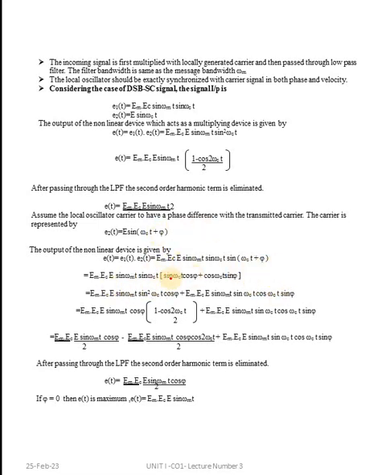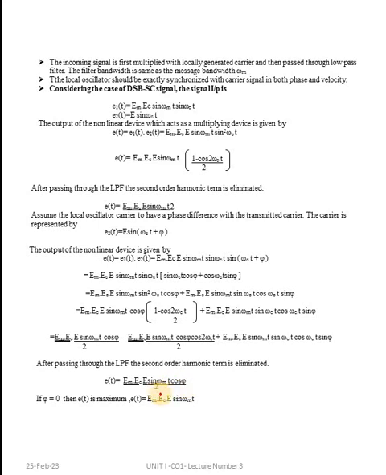When you multiply those equations, we get a simplified expression. After passing through the low pass filter, the second order harmonic terms are eliminated. Even the DC components are eliminated. So the remaining term will be E of t equal to Em Ec sin omega mt cos phi